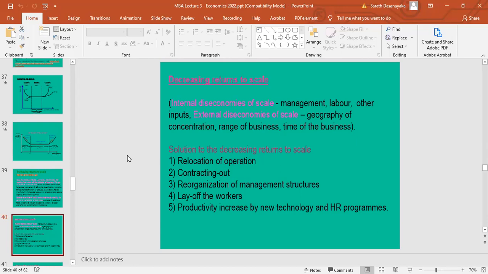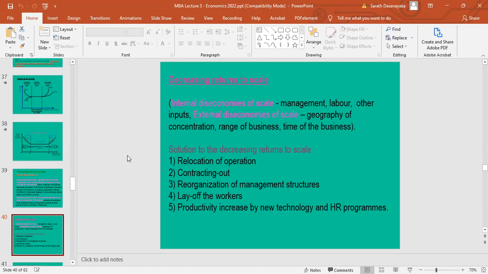You're learning from your management lecturers what the management structures are now, very famous in the corporate world. If you don't have any other choice, you pay 3 months' salary and lay off the workers, then you substitute more machines for them, and productivity increases through new technology and HR programs. You are sending the executives or maybe selected mid-level people to universities, and various training programs, exposure trips,